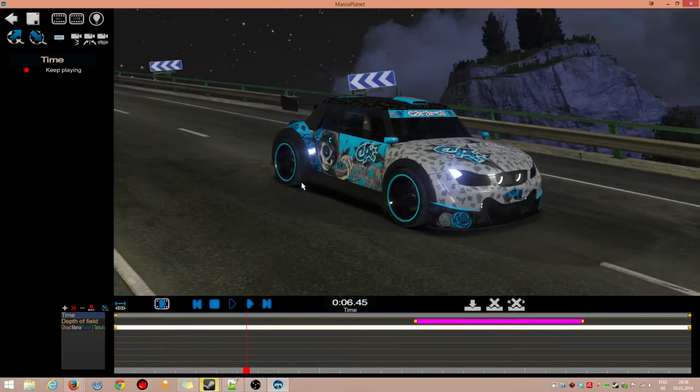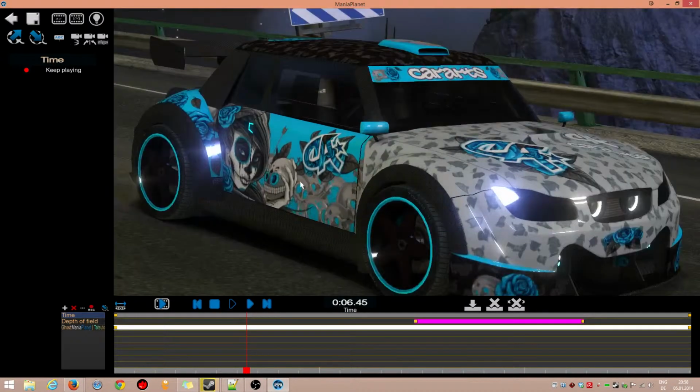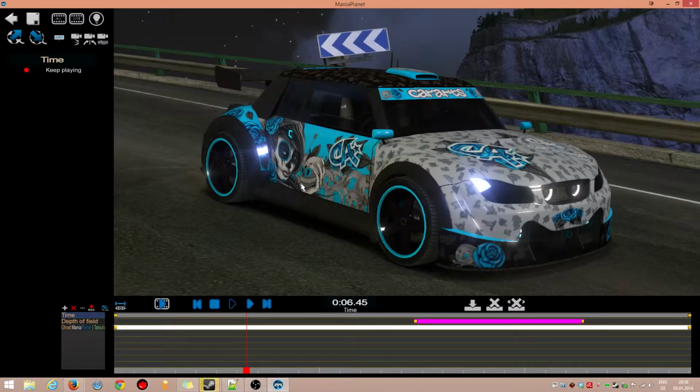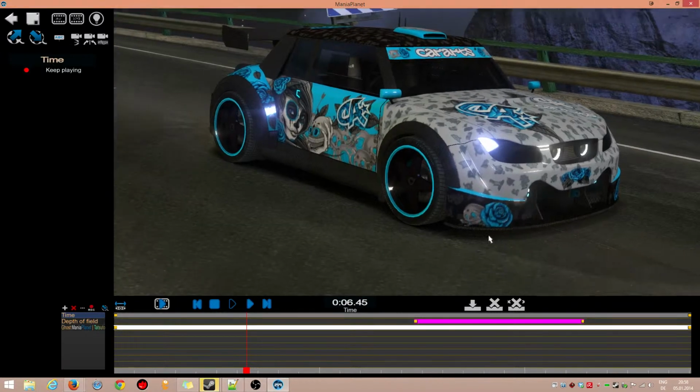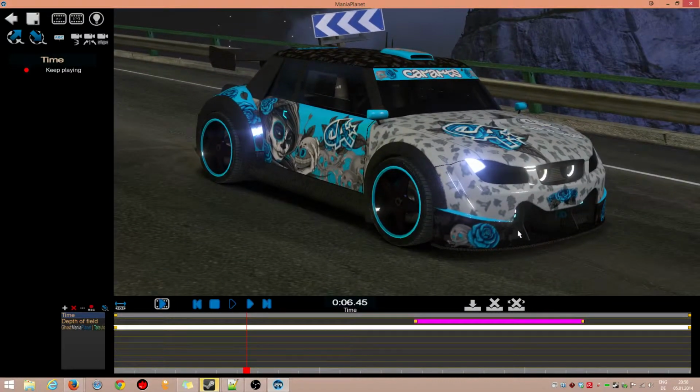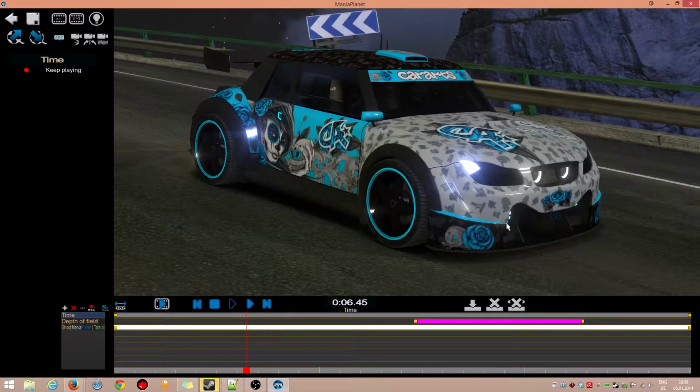I would go for this if I just want to make a nice picture, and I'm gonna go for this if I'm gonna make a car screen for upload purposes. If you upload a car skin somewhere and you're gonna get pictures for it, I would choose this because it represents the car pretty well. You see three sides of the car, mainly the roof, the hood, the side and the front, and you shouldn't make something where you only see the front because it just doesn't represent it well enough, since you don't get the overall picture. So I've chosen my pose, I've chosen my thing, and I'm going to